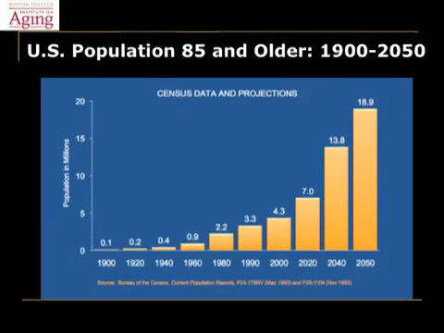This slide also suggests something else is at work. Not only are we experiencing the fact that we have an aging population, but we realize that the oldest old is especially growing quite rapidly. And what you can see is that in the year 1900, there are only about 100,000 citizens in the United States who were 85 years of age and older. But you can see by the year 2050, there'll be close to 20 million.